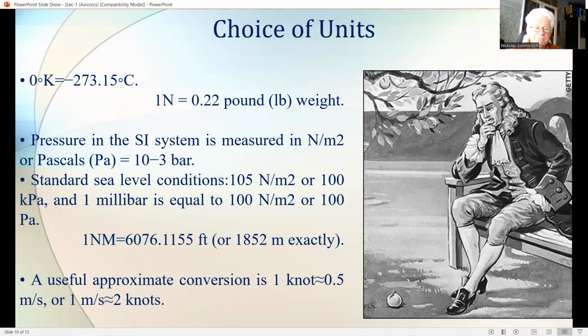As an average apple weighs about 1 Newton, the figures in this slide illustrate the